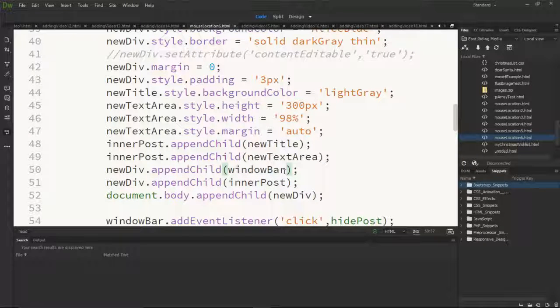That means that the window bar will always be separate because it's outside of inner post. Therefore, it's a sibling. These two are siblings, whereas new div is the parent of both of them, and inner post is the parent of new title and text area. Then adding all of this to the main body,